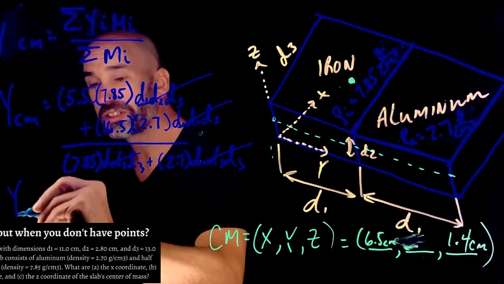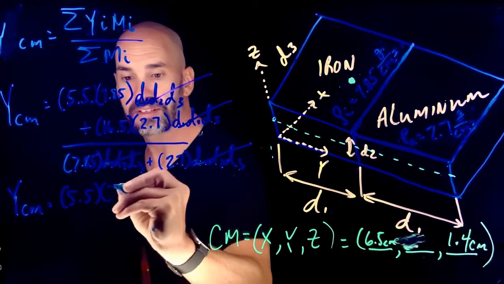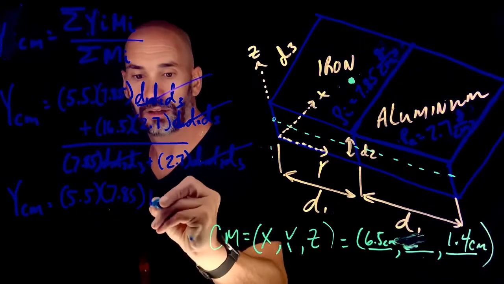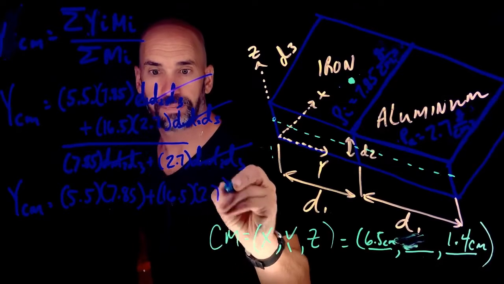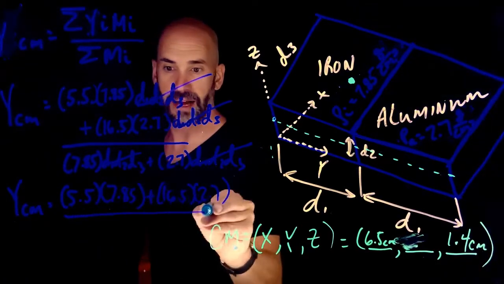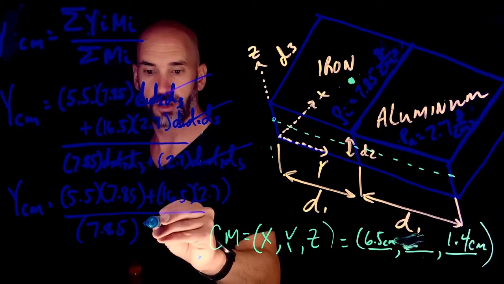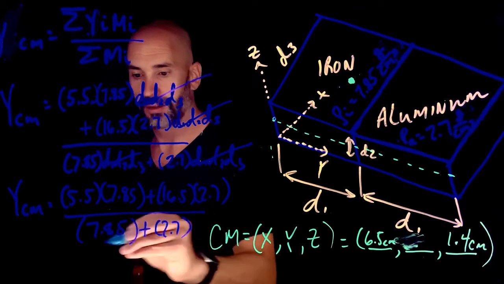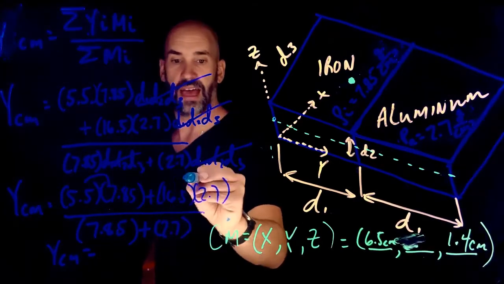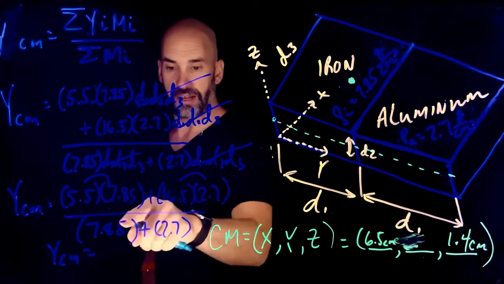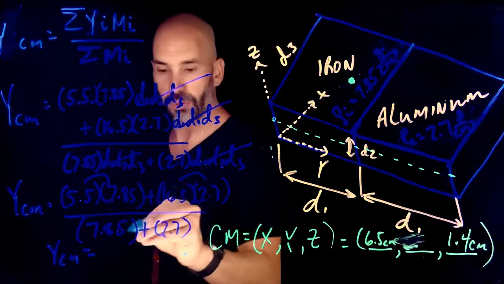So that reduces our problem to 5.5 times 7.85 plus 16.5 times 2.7, all divided by 7.85 plus 2.7. If I multiply, add, and divide, I get a value of 8.3